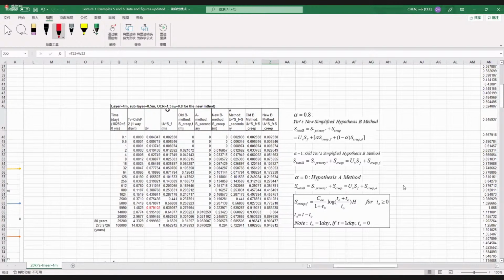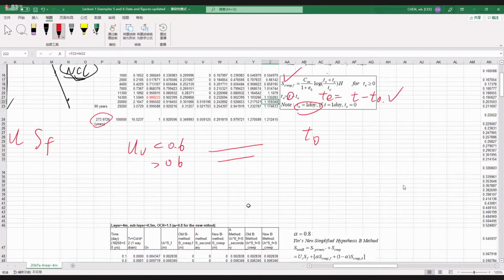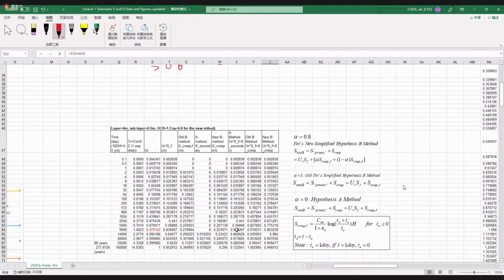And for the OCR equal to 1.5, actually, there is no big difference, okay? No big difference. Let's compare. So UV is the same, from T to TV and to UV. Then multiply the SF, okay? The difference is the SF value. The SF value calculated in example 5 is different, so that the final result will be different for